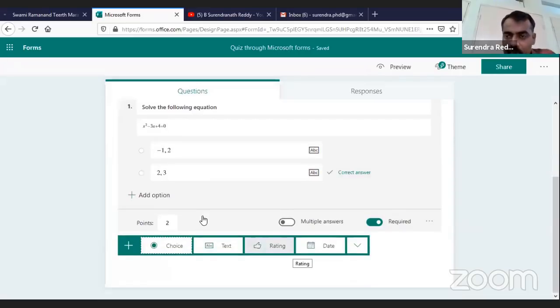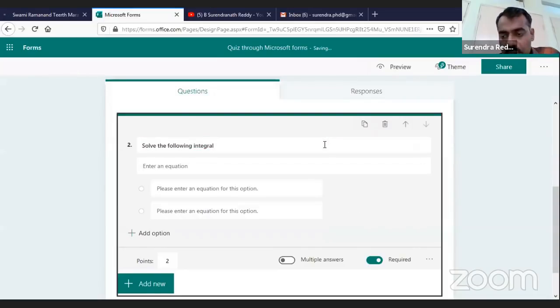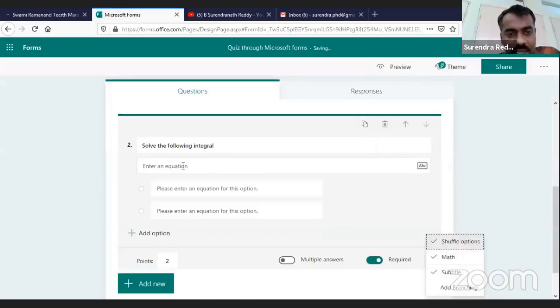You can start typing. So I will give one more example where, other than simple basic math, one can use LaTeX. Even though many people do not belong to math, I'll just take 1 minute. Whoever mathematics teachers are there, for them it will be useful. You can type more advanced math also. Suppose I'll write here, solve the following integral. Then math is already there, so you click on this.